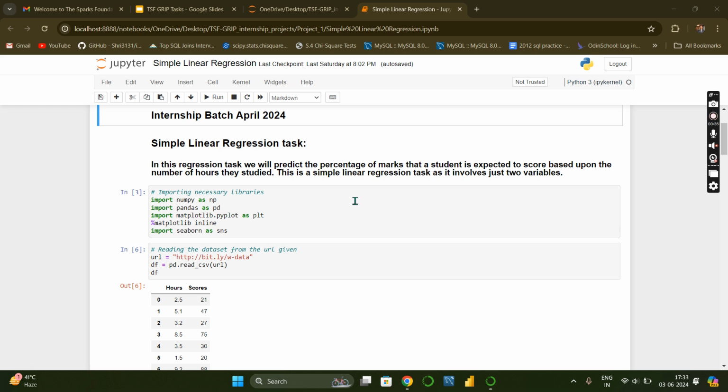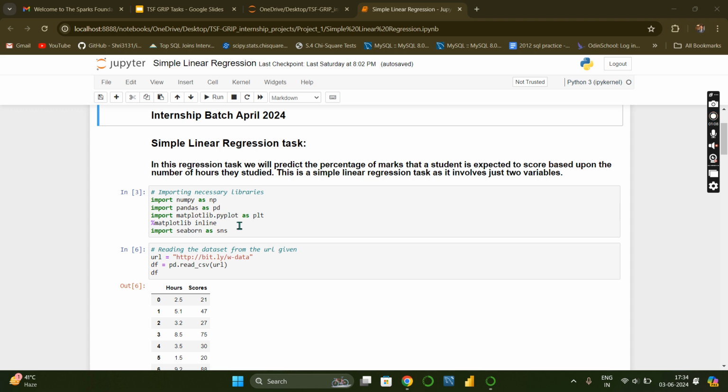So for that, we need to import some important Python libraries. I have imported NumPy and Pandas, importing NumPy as np and Pandas as pd. NumPy is basically a numerical computation library used to perform numerical calculations such as multiplication and addition on NumPy arrays. Pandas is used to read CSV, Excel and other kinds of files into a data frame. And after that, I imported